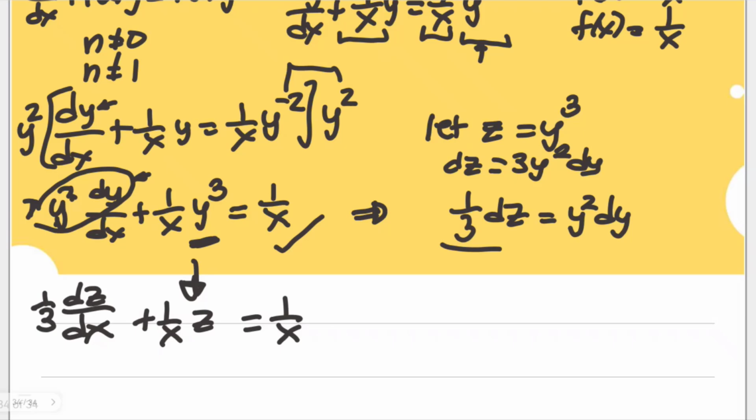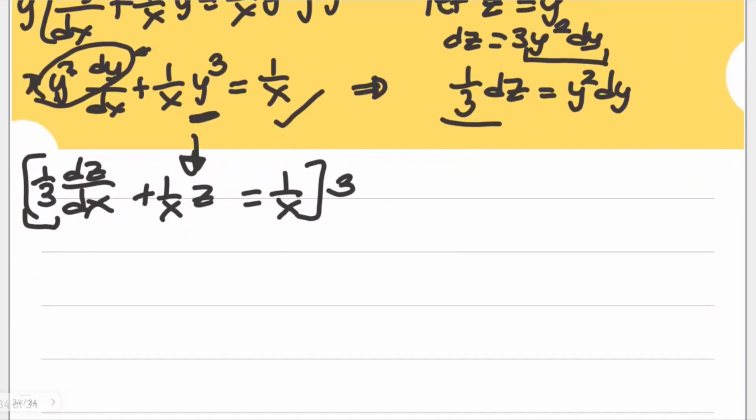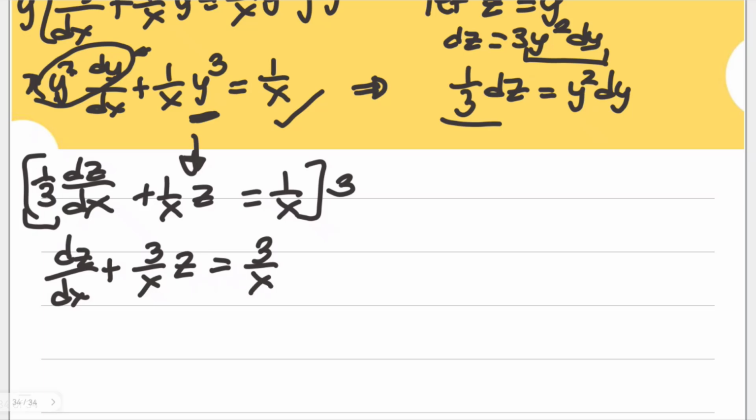Hopefully you got 1/3, because we would like to have dy of y squared over y squared dy, which is this expression. Now, the standard form of a linear equation, this is not a linear equation, is that this is only 1. So let's multiply 3 on all items. Therefore, we get dz over dx plus 3 over x z is equal to 3 over x. And yes, this is already a linear equation where your p of x